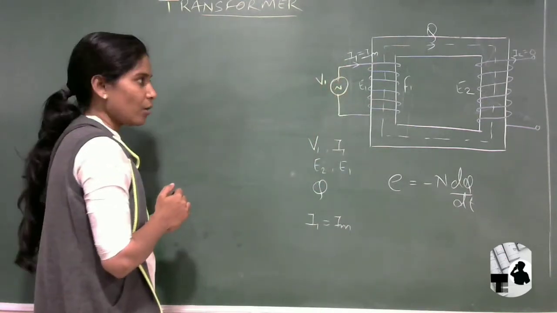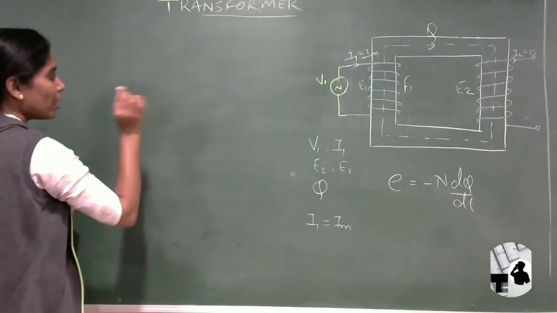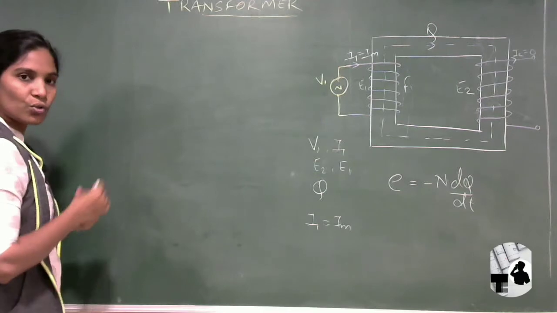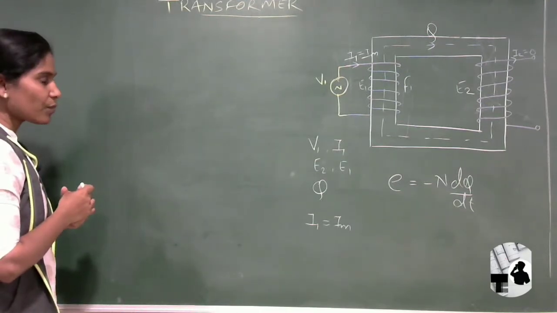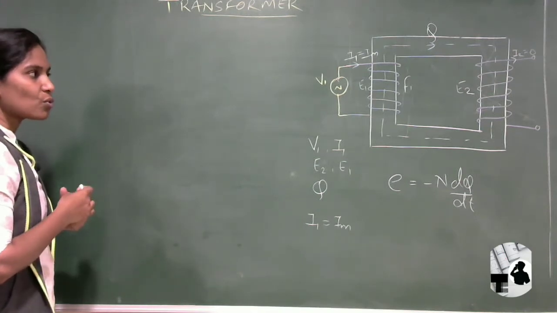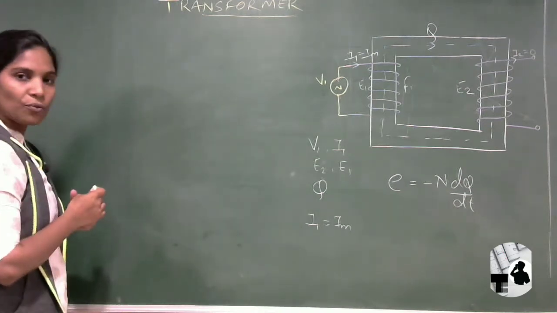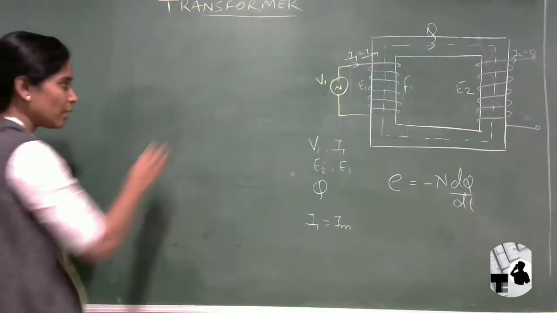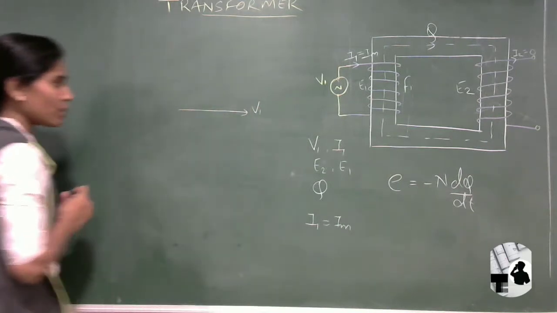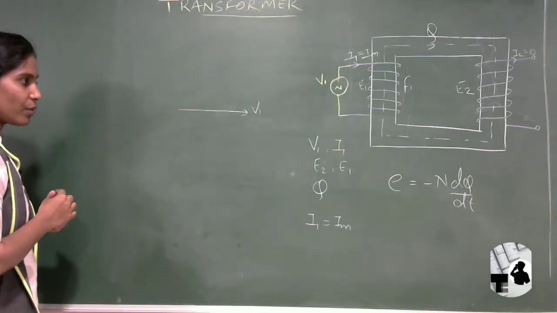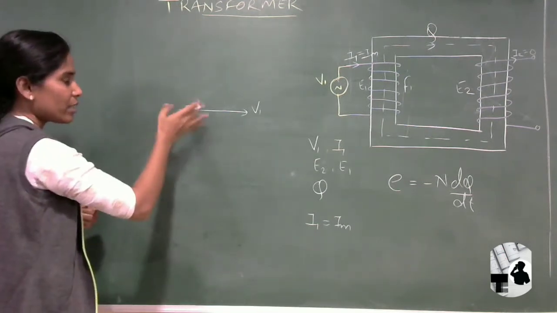Okay, so first for the phasor diagram, what will I do? I will take a reference line. We used to take a reference line on which we will make the further diagram. Always we take the voltage as the reference. So here the input voltage is V1, and that voltage V1 I am going to take as the reference. So this is my reference point. This is the phasor for the V1 voltage. Right? So we have taken it as reference, that means at 0 degree.